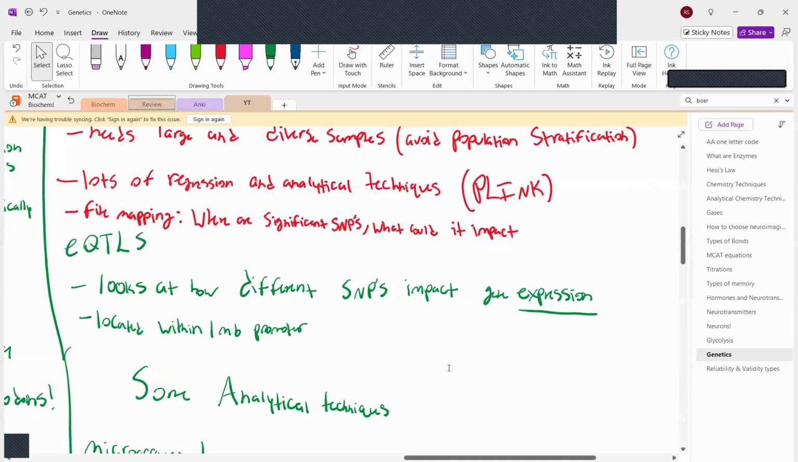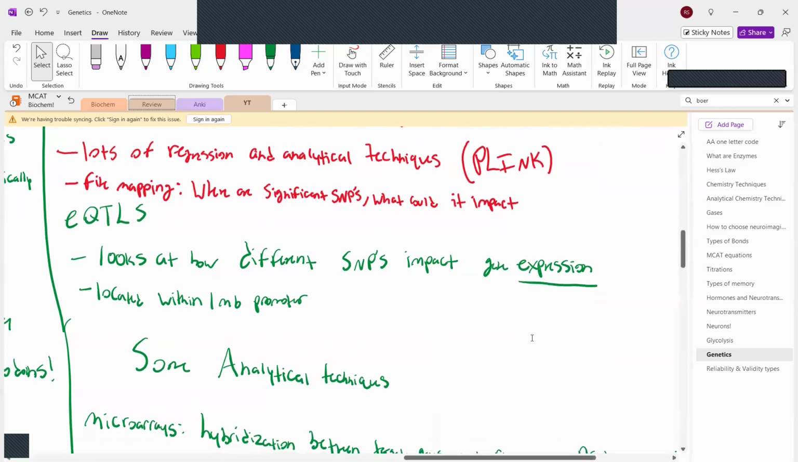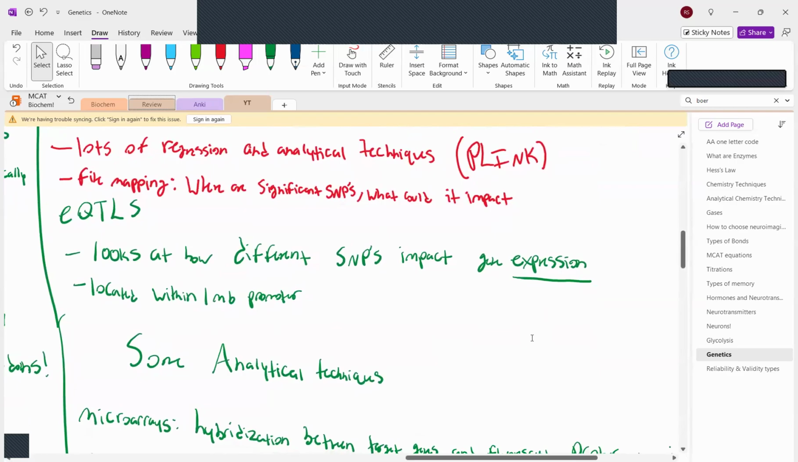And then there's something called eQTLs, and that is when you look at how different SNPs impact gene expression. So we're looking at gene expression, not trait type. We're looking at the actual dosage level, whereas for GWAS, you're looking at the trait type itself. And typically, since you're looking at dosage types, eQTLs are within one MB of a promoter, which makes sense, right? Since promoters are what control